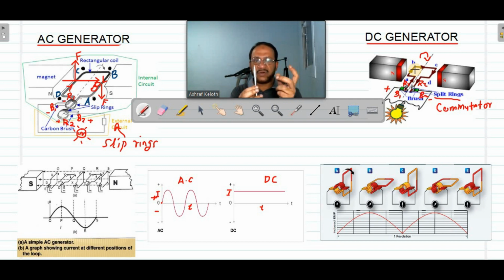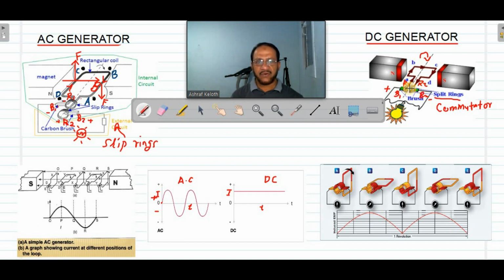So in each half rotation, the direction is reversed two times. One time because of the right hand rule, and one more time because the rings are exchanging. If I change the direction two times for a body, one time and again one more time, it will come straight, isn't it? It means that brush B1 will always be positive and B2 will always be negative. Or in other words, in the first half rotation, ring R1 is positive and R2 is negative.